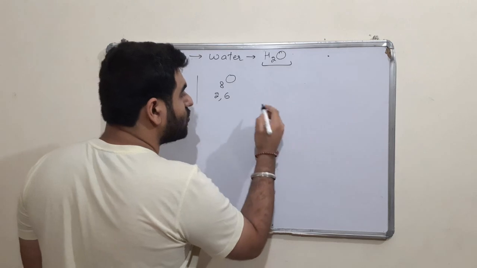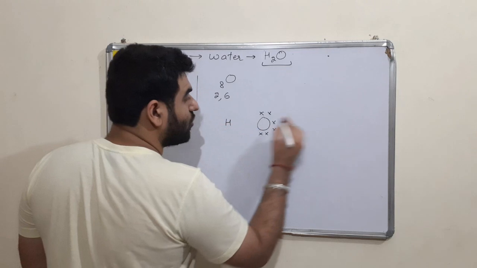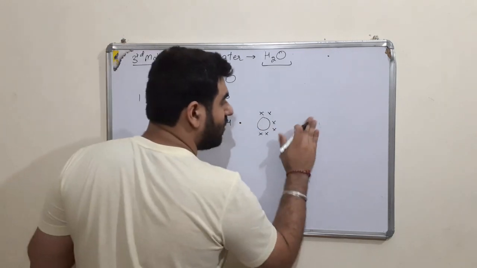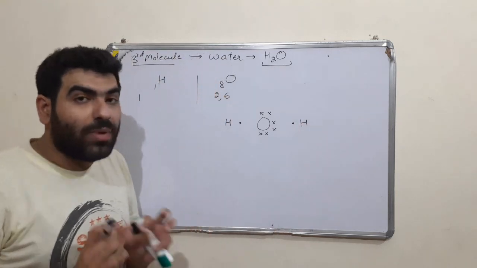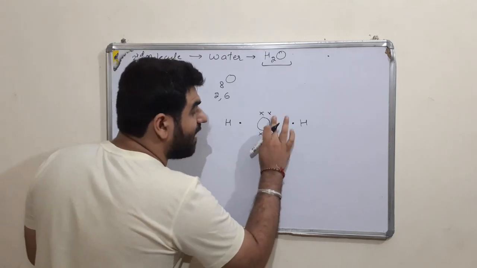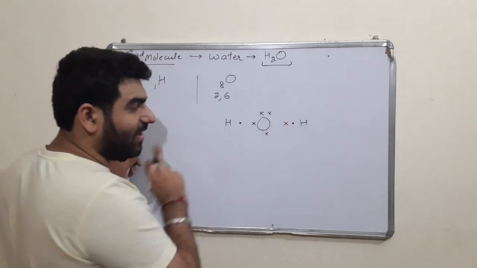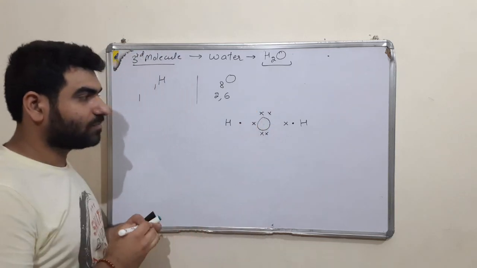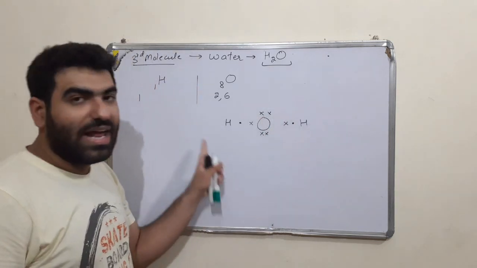Alright, let us discuss. So oxygen is 1, 2, 3, 4, 5, 6. One hydrogen over here, one hydrogen over here. Hydrogen will share only 1 electron. This hydrogen will also share only 1 electron. And in covalent bond, we require the mutual sharing. So what will happen? From this, only 1 electron will be available like this. From here also only one electron will be available for sharing. So 1, 2, 3, 4, 5, 6. Alright. So this is how the arrangement of the electrons would be.